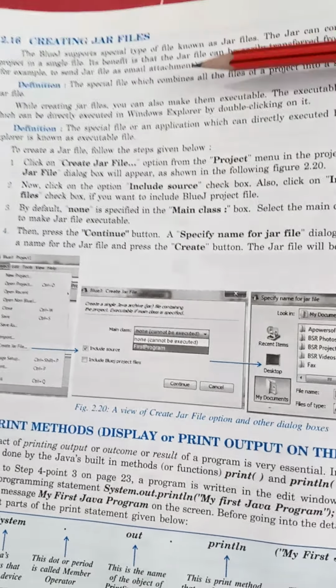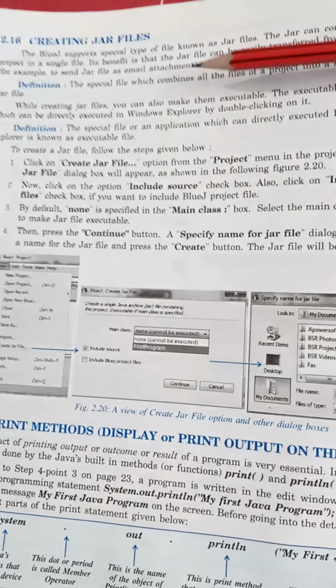A special file which combines all the files of a project into a single file is known as a jar file. While creating jar files, you can also make them executable. Now the question arises, what are executable files?